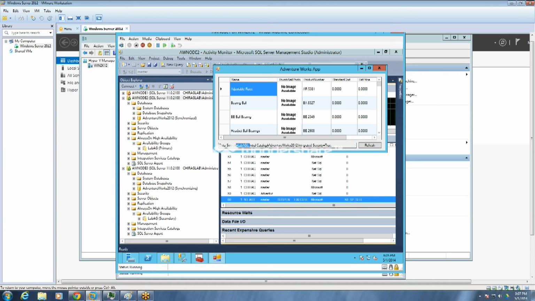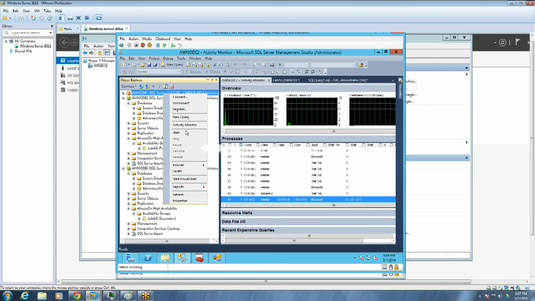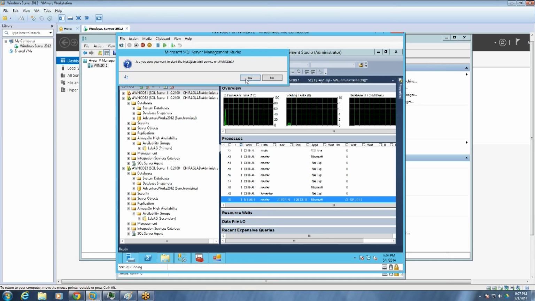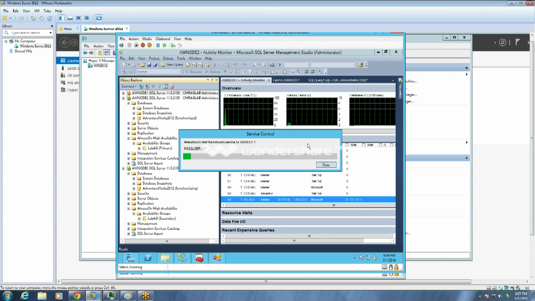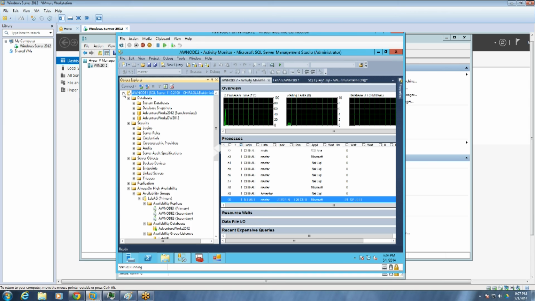Otherwise, if you are not setting up the listener, it will work, but you have to specify the nodes then. You have to provide the node name. If you are setting up the listener, then it will automatically direct that traffic. It will automatically pick it up. And now you can start the service. If you want to start it, you can start it. But after starting the service also, this one will act as a secondary one. It won't come as a primary one.